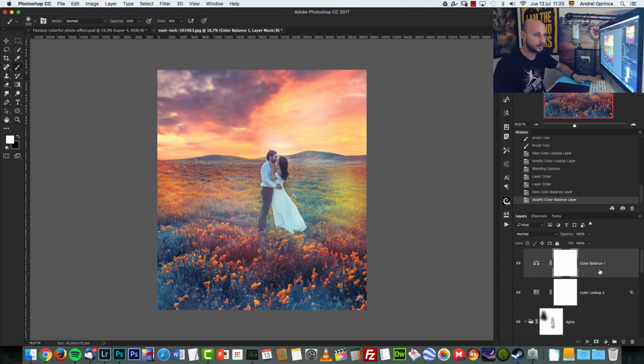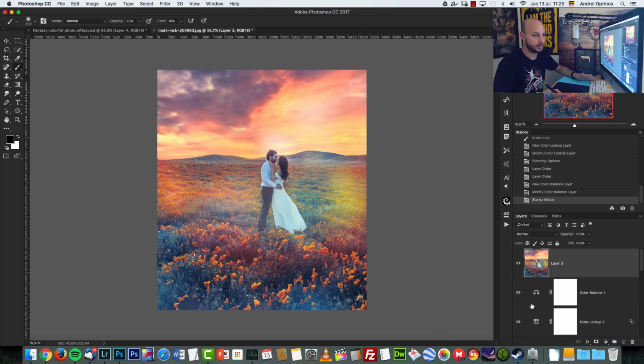And to finish it up, I'm gonna press Shift Alt Command E. This will merge all layers onto a new layer, and that's nice because I don't want to destroy everything, and I can apply a filter to the whole image. And the filter that I will apply is the